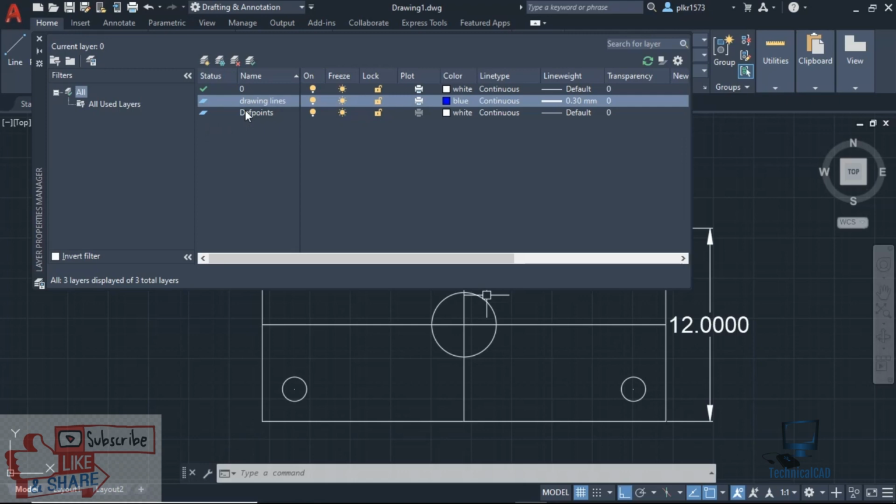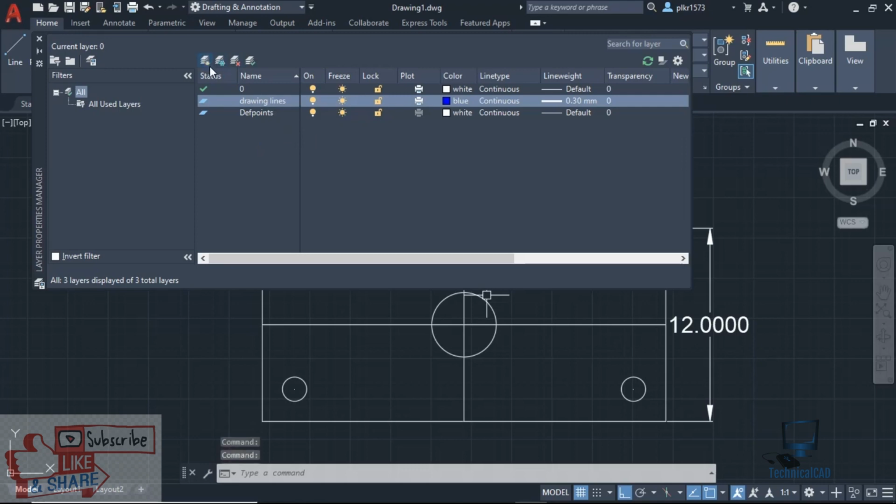By using the transparency, we can manage the visibility of the drawing. Let's take 0 to 90. Transparency is a value between 0 to 90. If you give 0, the visibility is more. If you give 90, the visibility is very much less. I can show you in another option that.